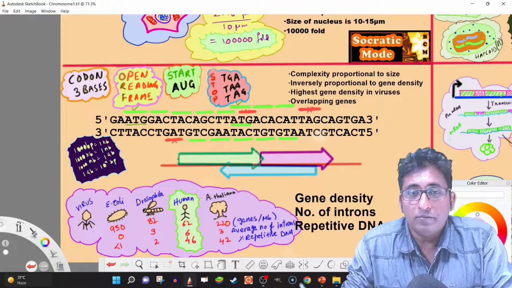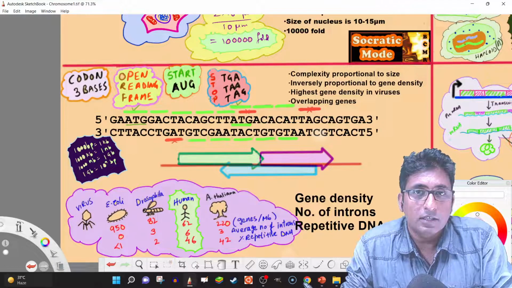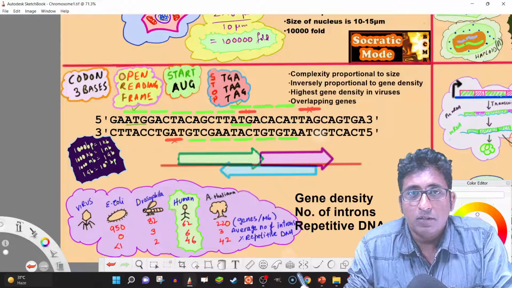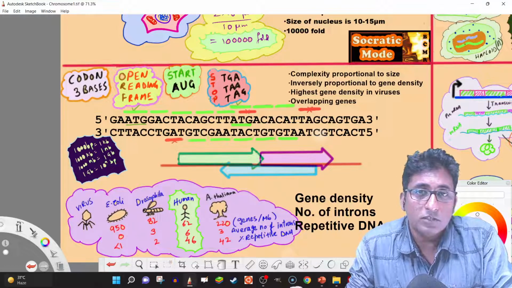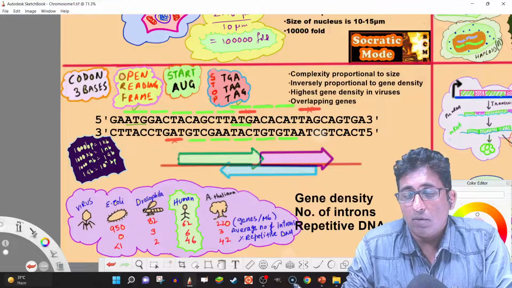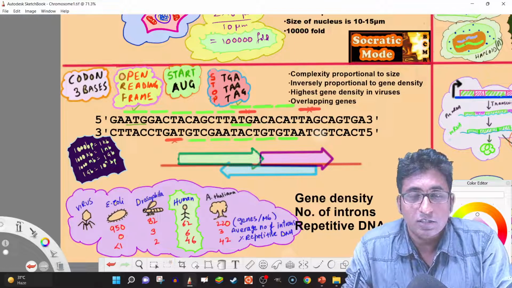So an open reading frame starts with ATG, if you're looking at the level of DNA, and then it has continuous stretches of codons and has one of the stop codons, which would be TGA, TAA, or TAG. We don't have to really mug up all the codons except for the start codon and stop codons. At least these we should have